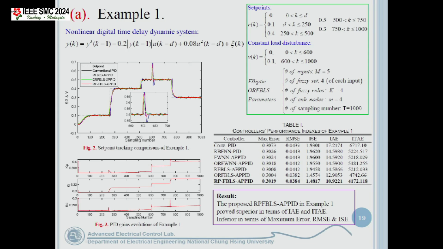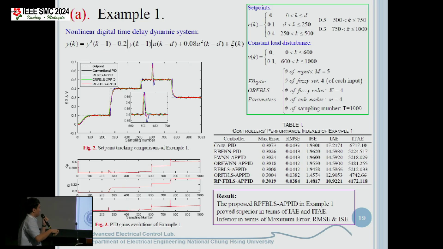Then Figure 2 here shows the set point tracking comparison for this example 1, where we compare with our last work, which is also our lab's work. And Figure 3 here is the PID gain evolution from sampling instance 0 until 1000, following Figure 2. From Table 1, we know that our proposed method in example 1 is proven superior only in terms of IAE and ITAE, but it is inferior in terms of maximum error,